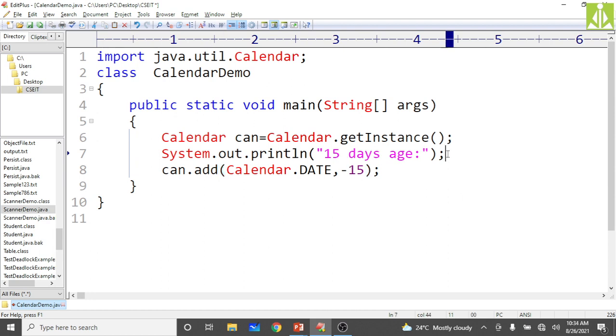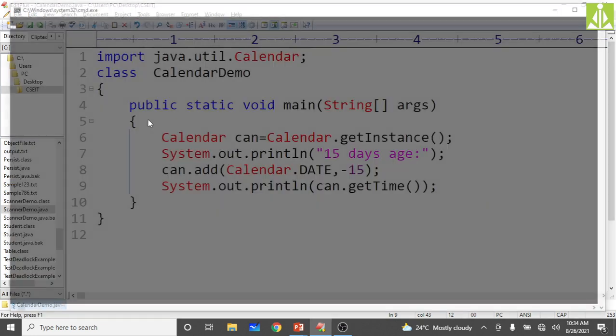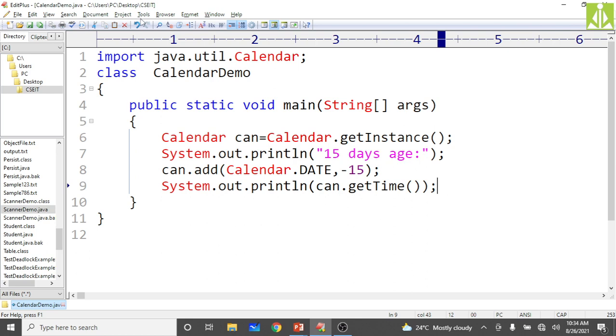Then print the instance, same thing, System.out.println of, sorry, can.getTime, like this it will give. Hopefully. Compile. Yes, now run.